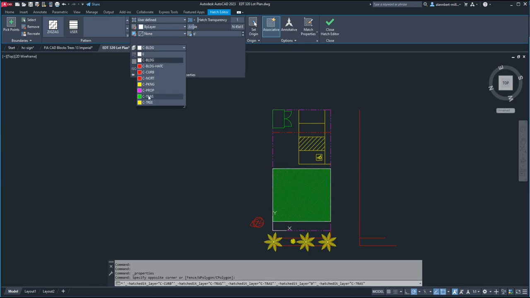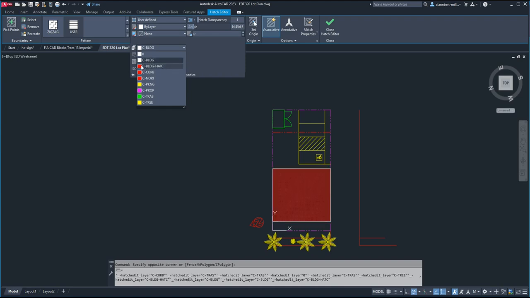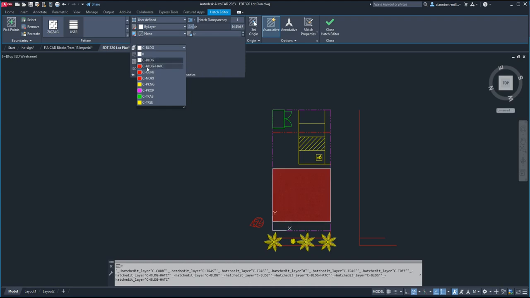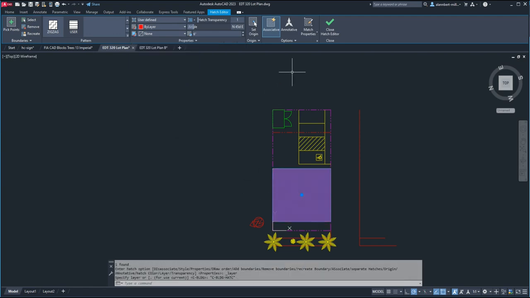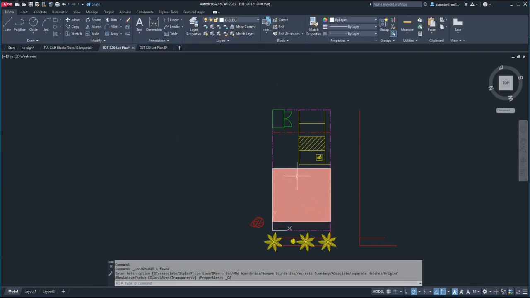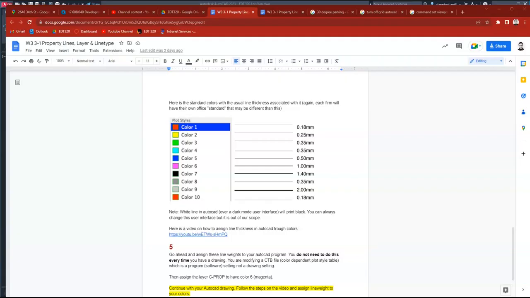So you can change the layer by pulling this little tab here and then change it into whatever layer you want, okay. Now, because this is a hatch for the building, you have to create another layer that says C building. That means it's part of the building, and then you call it hatch or HATC. Always four letters, but that's just a standard. So you click on that one, okay, and then you close it. Now it's red, and red, according to our pen assignments, will be printed thin. So now